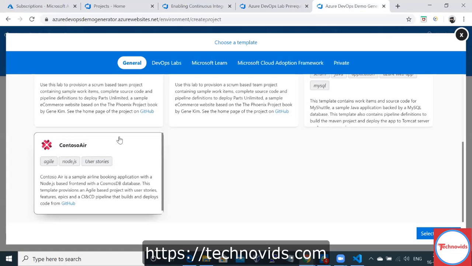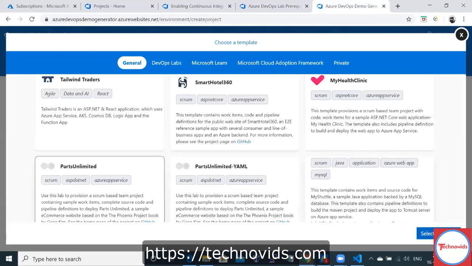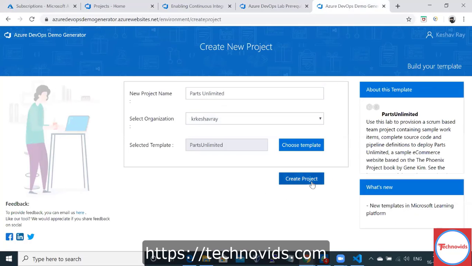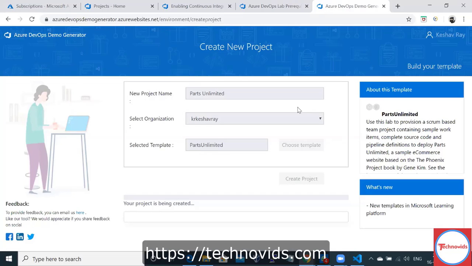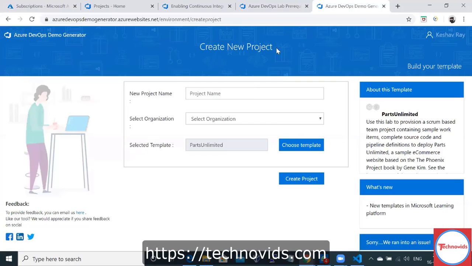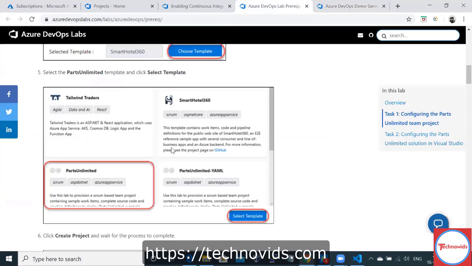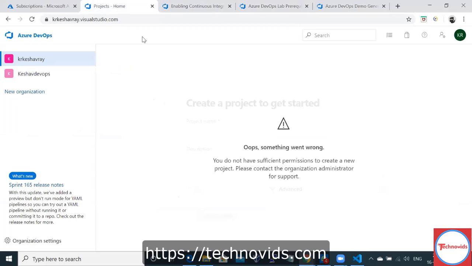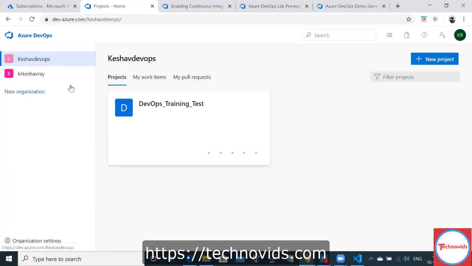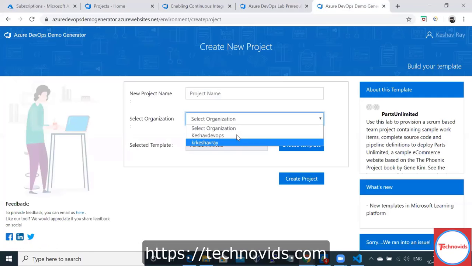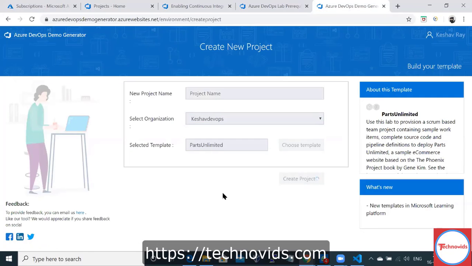Choose templates, Parts Unlimited. So we'll create the project. Once the project is created, I can see what happened. There is some issue with it.